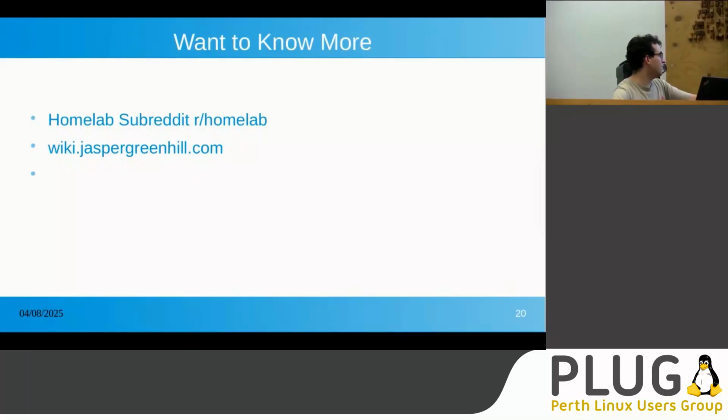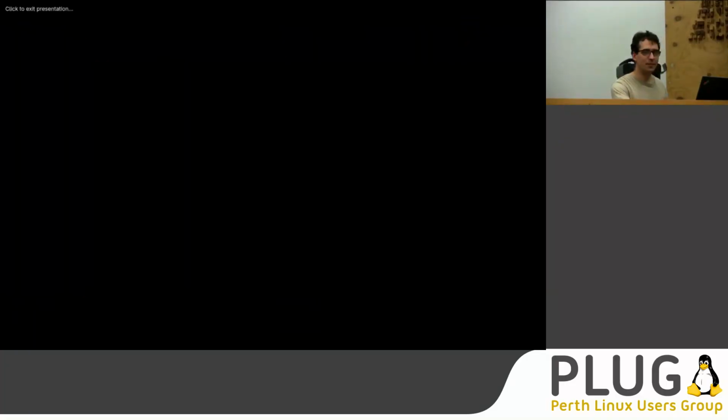Then, I didn't mention this, but I have a wiki with all this documented. Not everything's documented, some things are documented. So wiki.jaspergreenhill.com can be accessed. It's just stuff I've set up basically, and there's some pages if people want to read. But yeah, that's about it. If people have questions, this is a lot, but